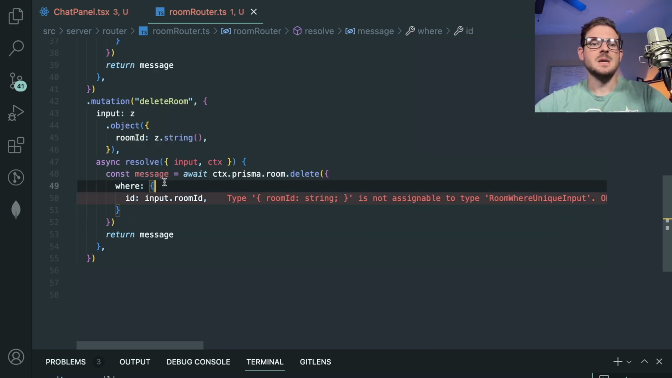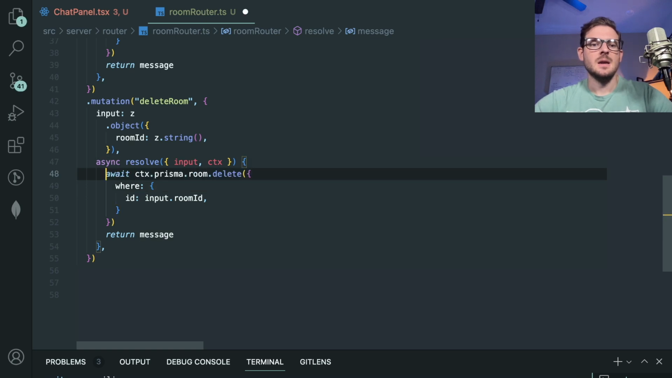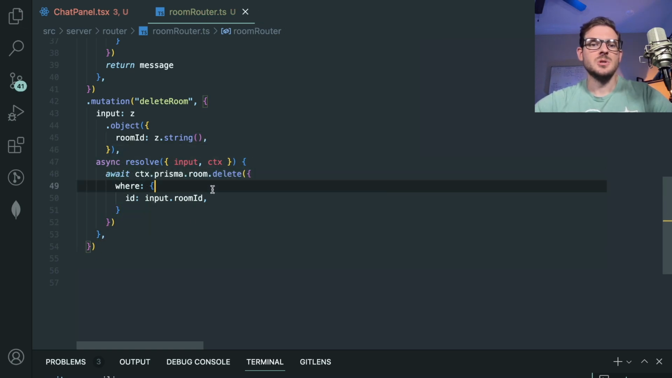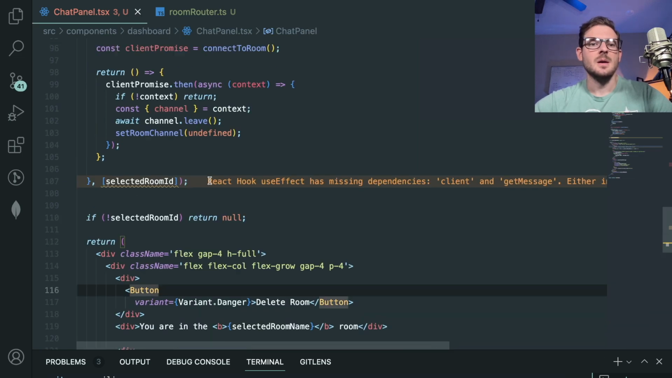Or I think it would just be ID here. So delete where the ID. And I don't think we really need to return much here. So this should hopefully work. I don't know if we need to delete all the messages first or if it's going to do a cascade delete. But we could try to